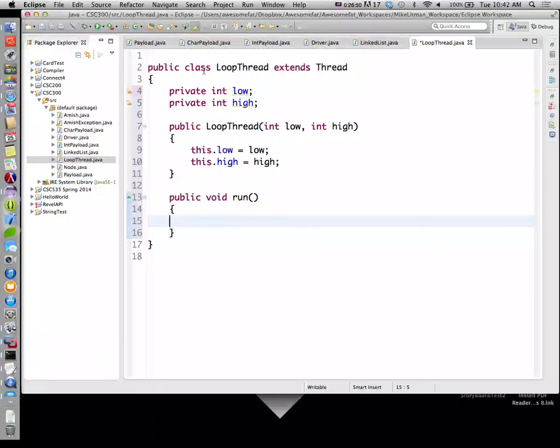Okay, so creating a loop thread, with the constructor we're going to read in those two pieces of information, and we'll set our instance variables, our fields, equal to those two pieces of information. So then inside of run, we'll say for int i is equal to low, i is less than high, i plus plus,